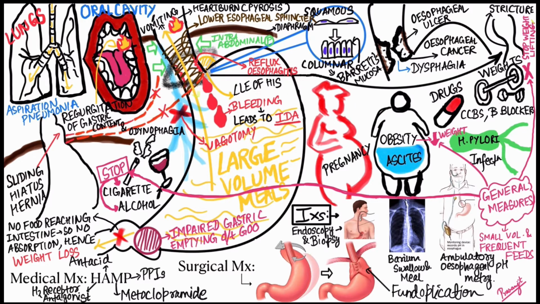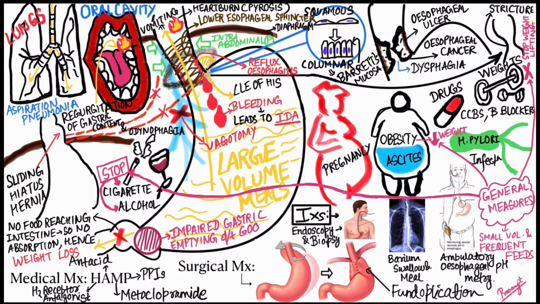Now, coming to the factors which are responsible for preventing gastroesophageal reflux in a normal individual, first is the oblique entry of the esophagus into the stomach. As you can see, it leads to formation of an angle between the distal end of the esophagus and the stomach. That is called the angle of His. Okay. Then we have the lower esophageal sphincter. Okay, the lower esophageal sphincter is the circular smooth muscle which is present at the distal end of the esophagus. It also helps in preventing the gastroesophageal reflux. And then we have the intra-abdominal pressure, which is reinforcing this lower esophageal sphincter tone. So these are the factors which are responsible for preventing gastroesophageal reflux disease in a normal individual.